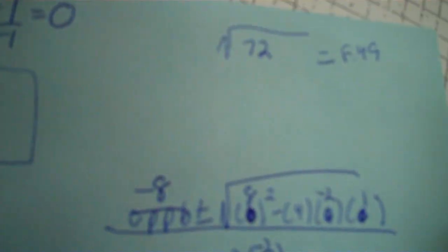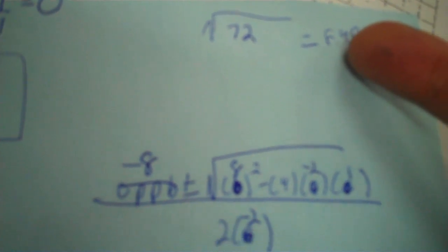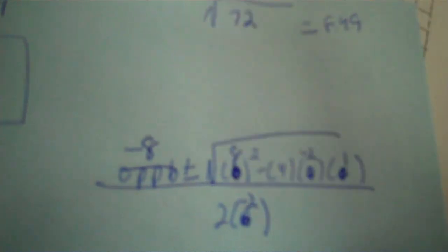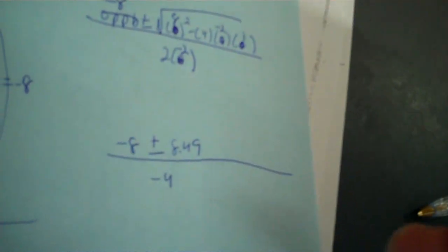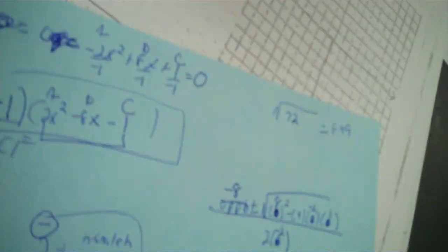And then I get my two answers. So if I cannot find the numbers on the table, I'm going to the quadratic formula from the original. Okay. And again, the square roots, everybody should be approximating them as decimals, not rewriting them as radicals, because I have to put this on a graph. That's not going to look good when I got square roots, okay. So negative 8 plus 8.49, click equals, divide by negative 4, negative 0.12, and then negative 8 minus 8.49, click equals, divide by negative 4, 4.12. Okay, so negative 0.12,